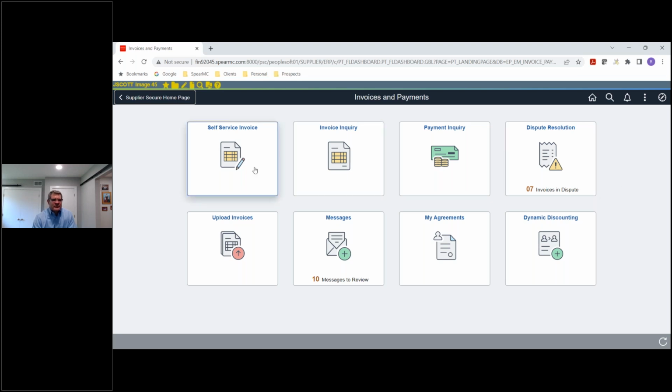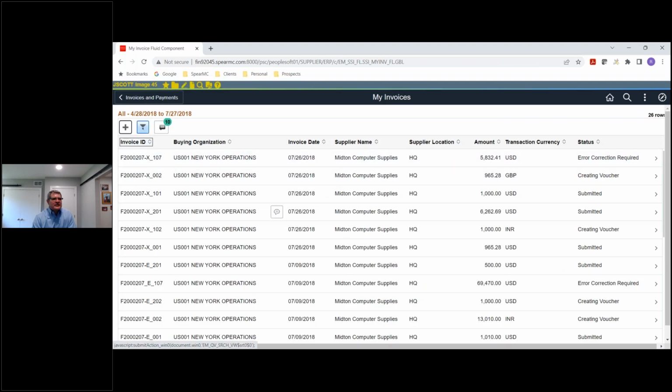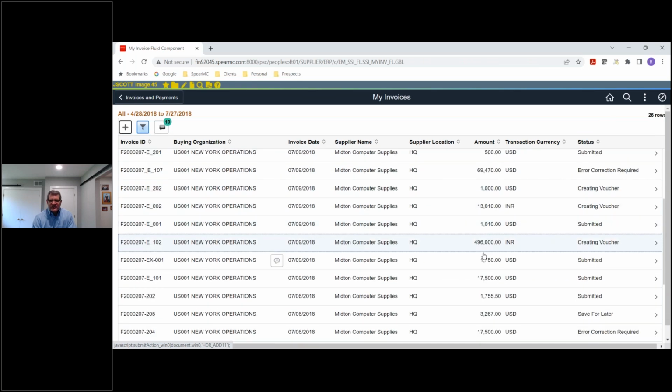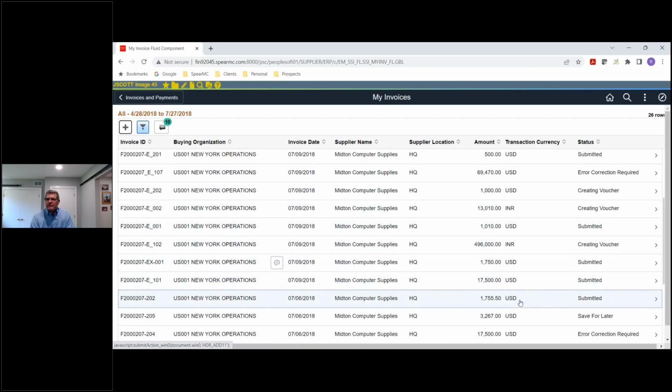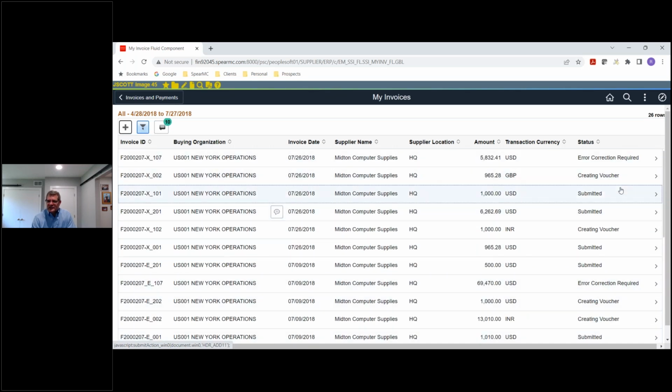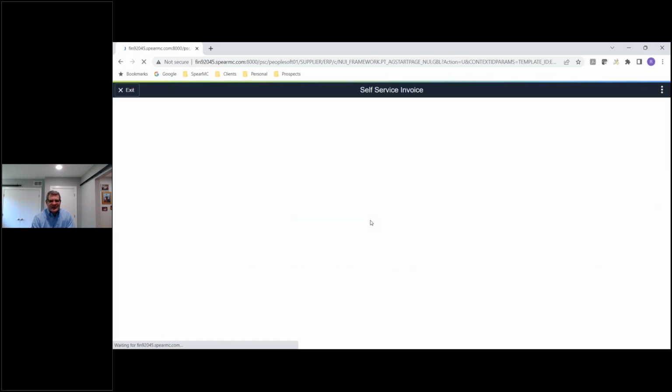Okay, self-service invoice, what I can do here is I can see all of the self-service invoices that I've already submitted. I can see their status. So this one looks like it's creating a voucher. This one down here, there's a correction required that needs to happen before we can move it forward in the voucher build process. I can add a new voucher request by